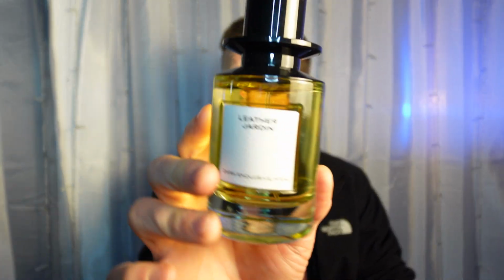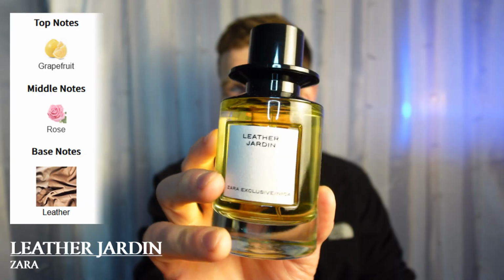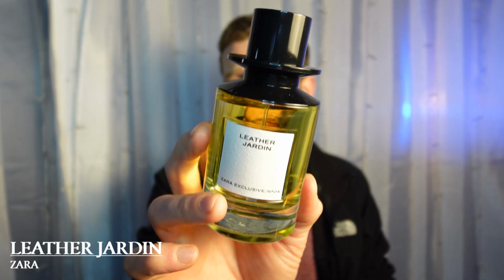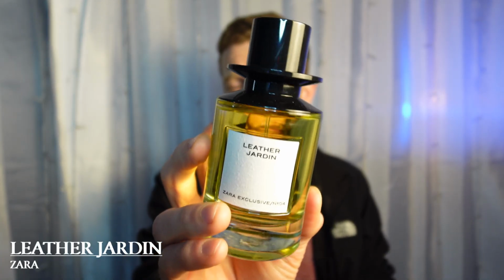So without further ado, I'm going to get right into the list here, starting off with the only cheapie. We've got Leather Jardin from Zara. So Zara gets occasionally mentioned as a fragrance house. It's not really all that popular. They do have a few well-known clones that they've got to offer, like I believe they have an Imagination clone. They've got that Sweet Warm Addictive fragrance, but this one in particular, I've only really seen Sebastian, the perfume guy,